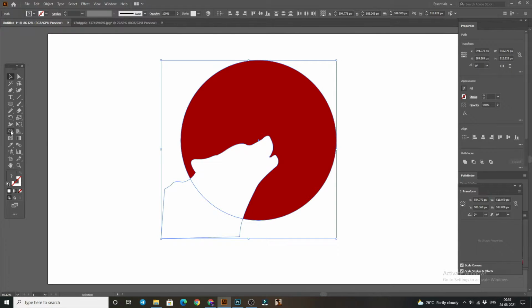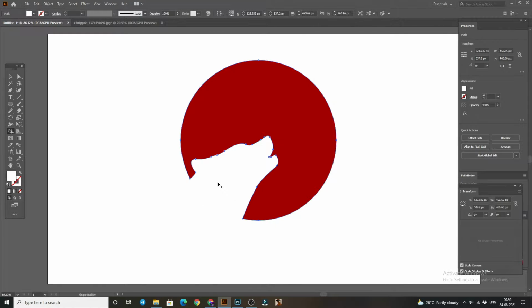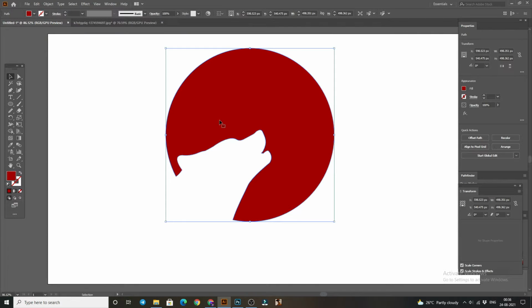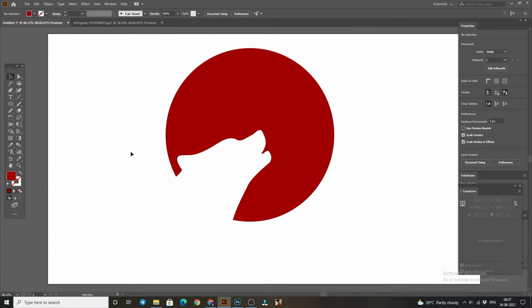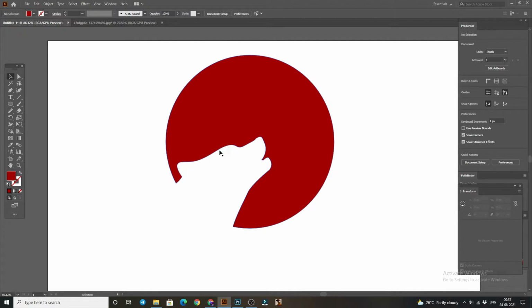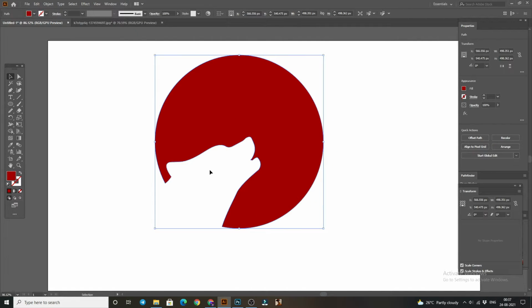Now select both the images, take the shape builder tool and delete the shape. Actually we have to make it negative space, so we have to delete it. And now select this image, take the smooth tool and make it smooth a little bit. So I think it is looking quite good and we have to make this logo in a moon, so we